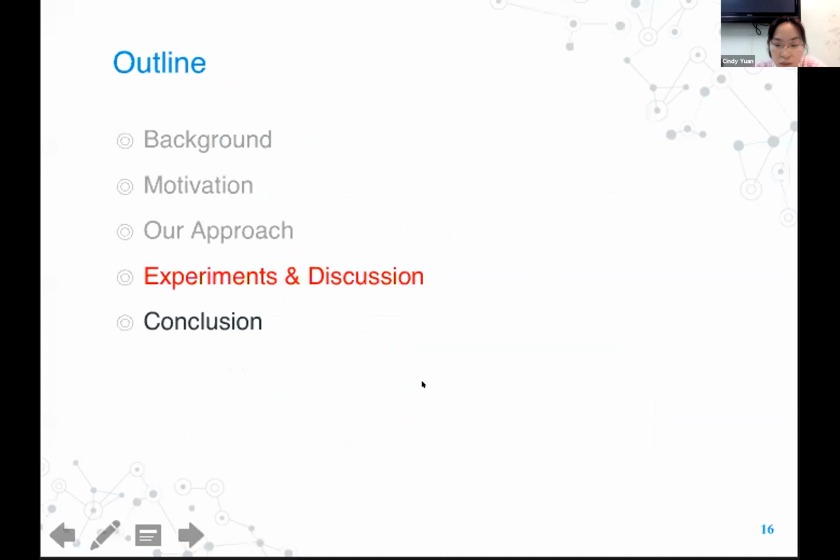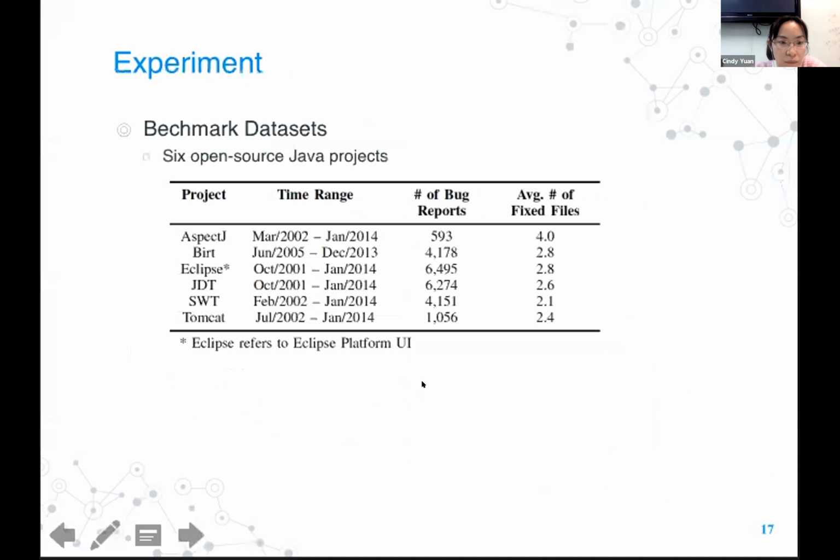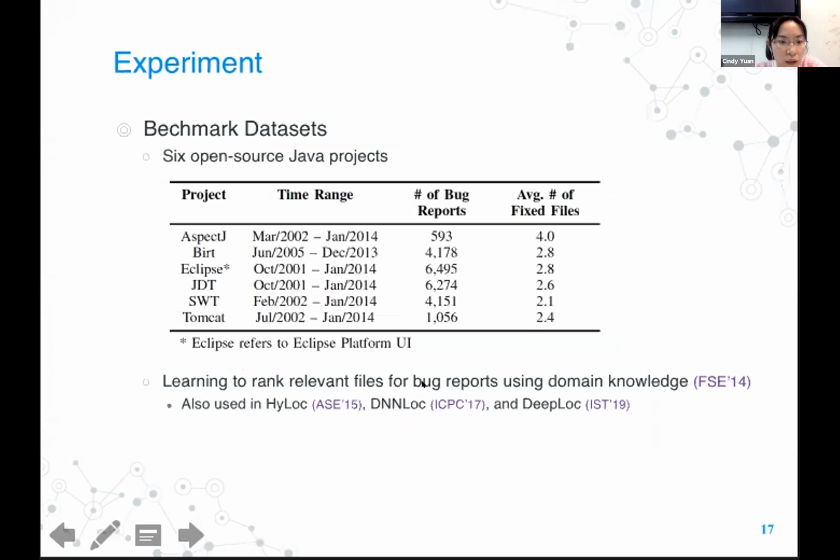Now let's see the experiment. Our benchmark datasets involve 6 Java projects, and these datasets are provided by this FSE paper. This dataset has also been adopted in many previous bug localization works.